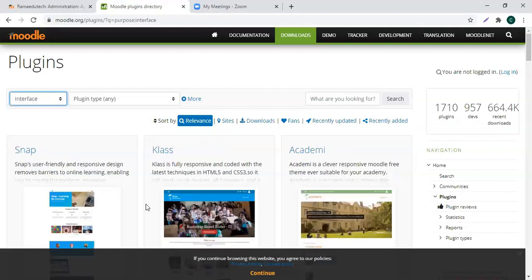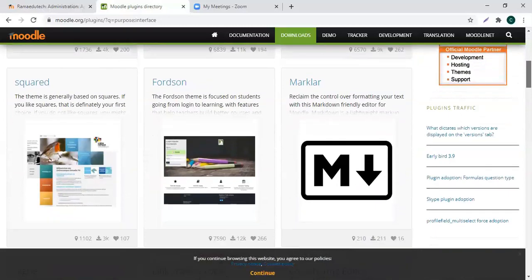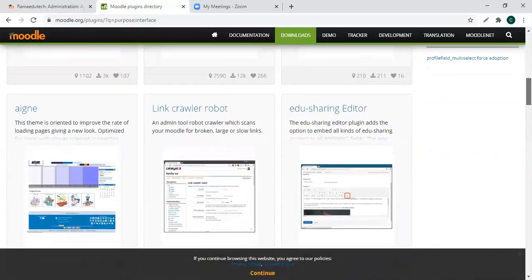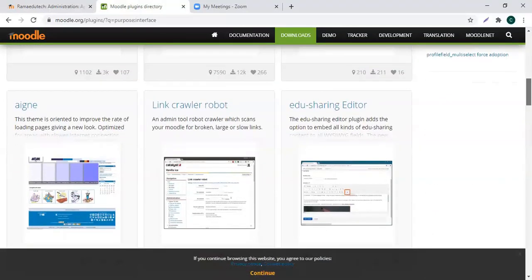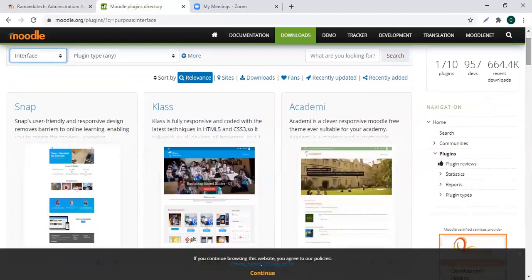Okay. Interface means the themes. So it is showing me the available options, that is the available themes that we have here. It is not only the themes, but majorly themes are covered under interface.